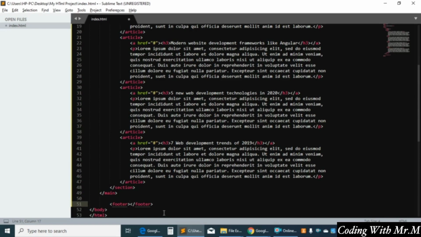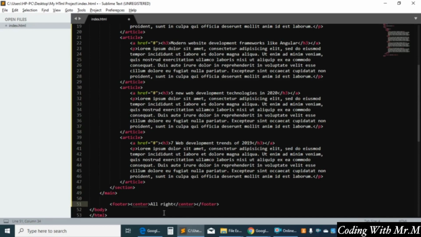But if you want to align it in the center, how can you float this information to the center? You have to use the center tag, and right over here